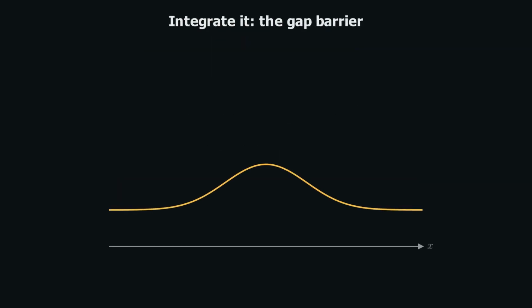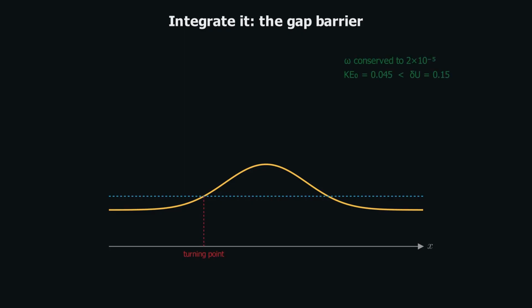Model a local overdensity in the locking sector as a Gaussian bump in the gap, a hill in omega naught squared. In the code's dimensionless units, the barrier height is 0.15. Launch a slow particle with wave vector 0.3, which gives it a launch kinetic energy of 0.045, 3 times too little to climb the hill.